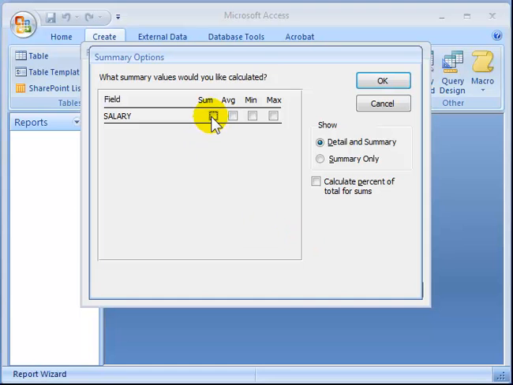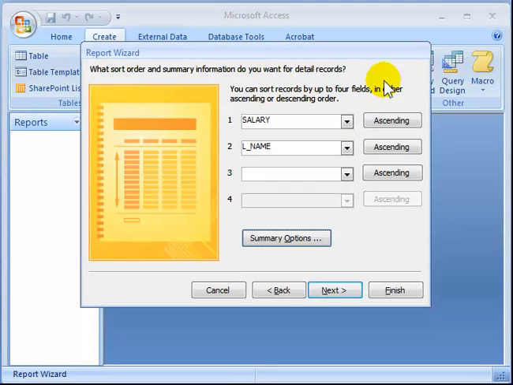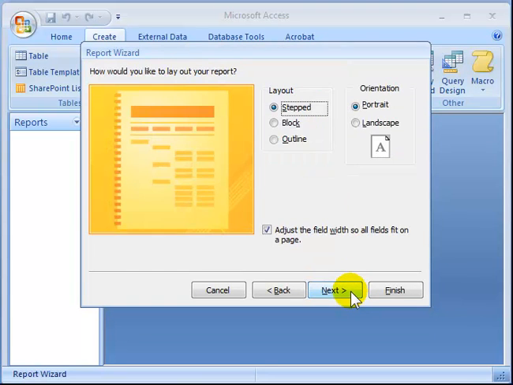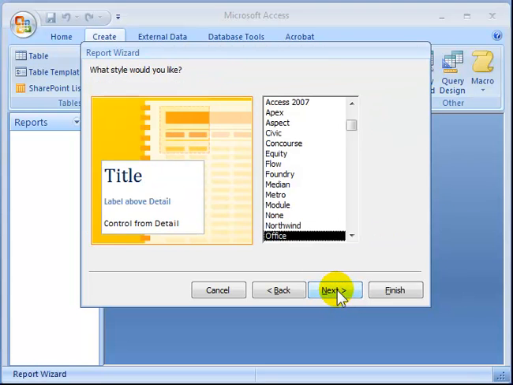So we can say we want sum, average, minima, maxima. Let's choose all of them. You can generate reports showing the summary and aggregate data without the detail, but we're going to show the detail and summary together. So we're pretty much done in defining the report. This is where we choose the look and feel of the report. We can just take the default